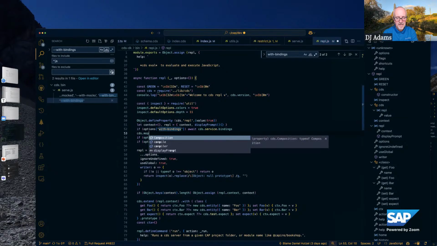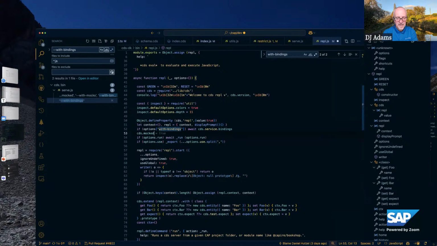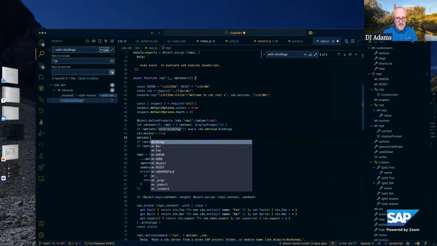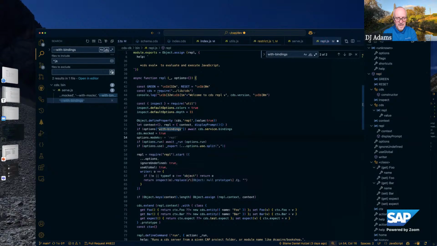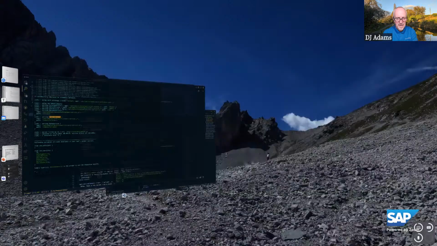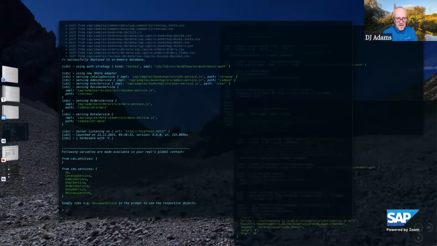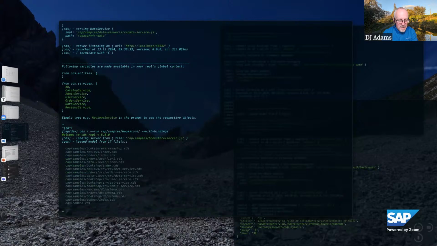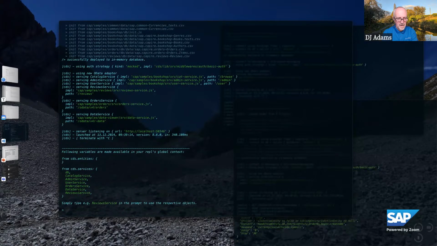As mocked, string or options. Don't remember. I have to look it up. Let's try it. No. Okay.